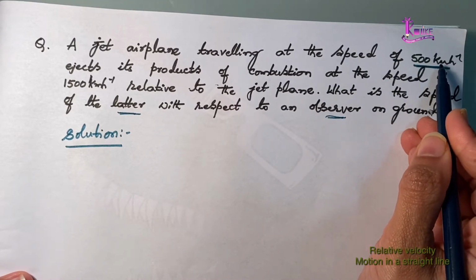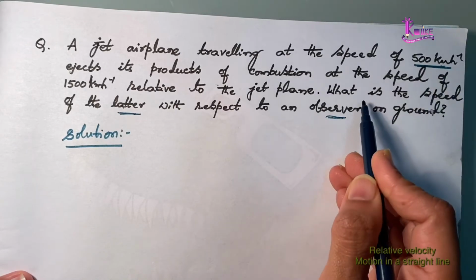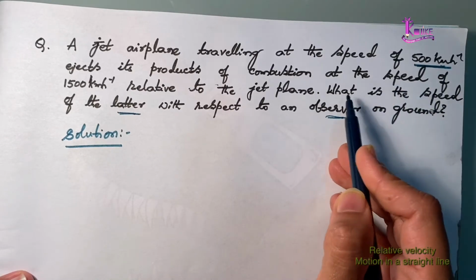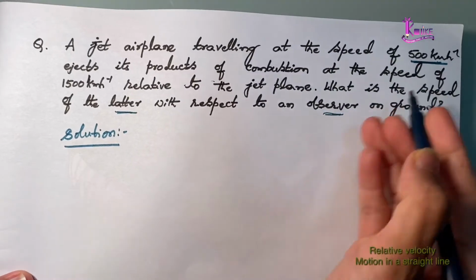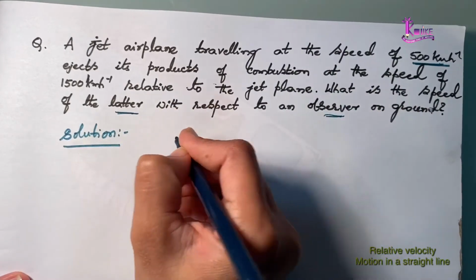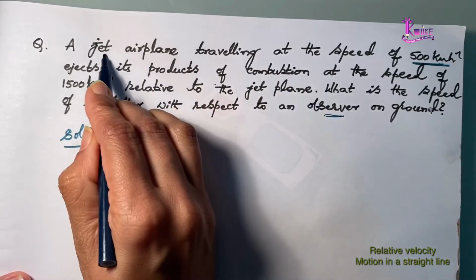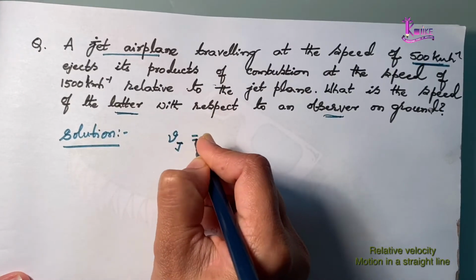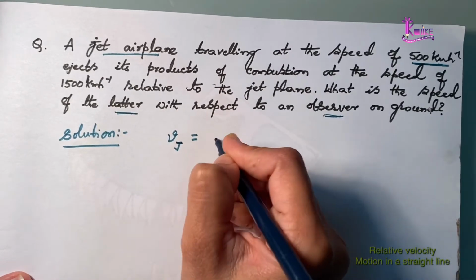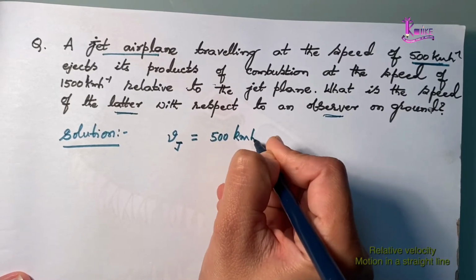If you want, you can convert that into meter per second, or what you could do is find the final answer and then convert that into meter per second. So, I will just keep it in kilometer per hour. I will denote the velocity of the jet plane by the subscript capital J,